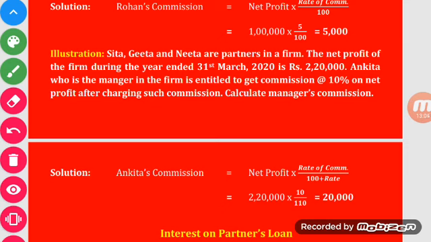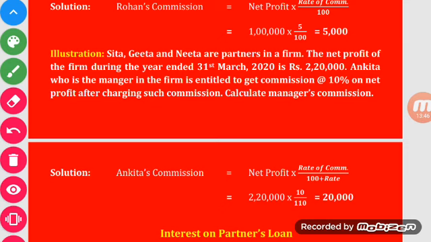The net profit of the firm during the year ended 31st March 2020, that is the closing date of session, is rupees 2,20,000. Ankita, who is the partner in the firm, is entitled to get commission at the rate of 10% on net profit after charging such commission. Calculate manager's commission. The point given here is "after charging such commission". To be noted, after charging such commission means after charging of the manager's commission. Your answer will be